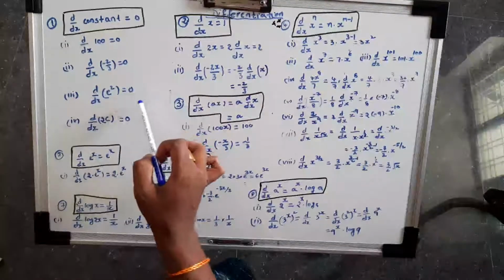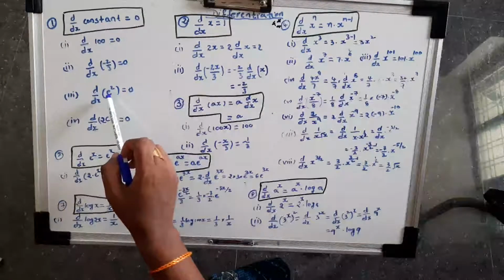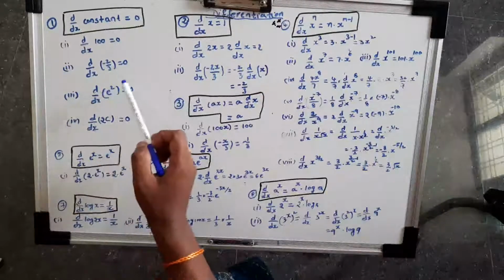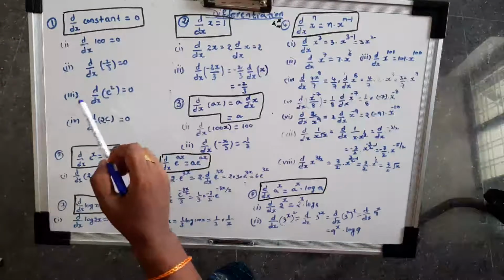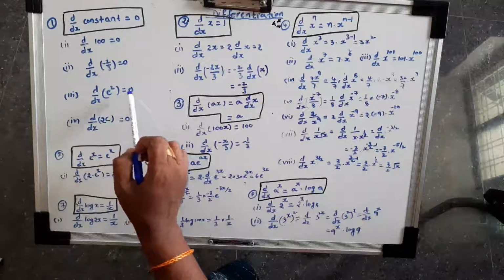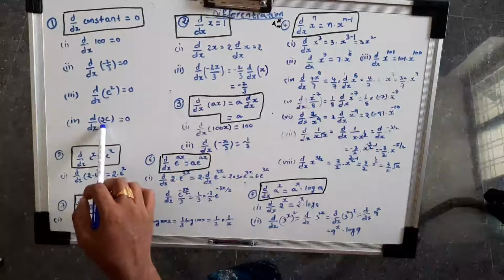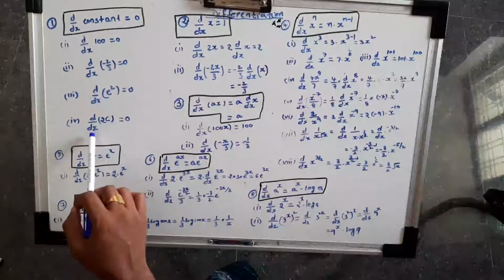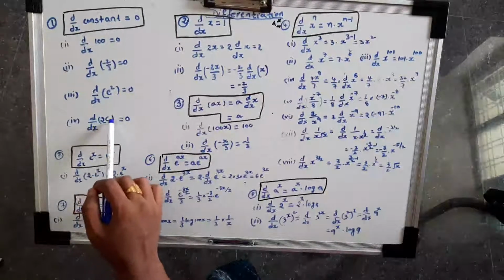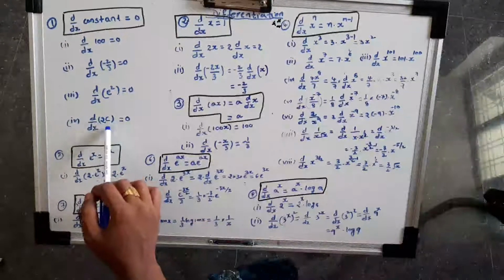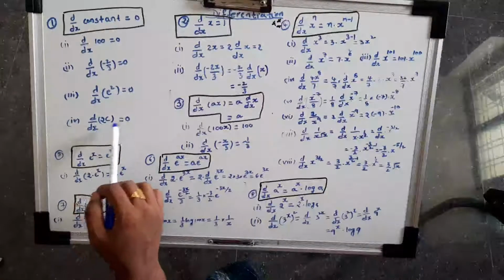It has some particular value, 2.5 something, and that value to the power of square gives some value only. When we say a value, that value is always a constant, so the derivation of a constant is equal to 0. Next one, the derivation of 2c. One constant 2 is there, and what about c? We are doing it with respect to x, but no x variable is in this term, that is why this term is a constant, so the derivation is 0 only.